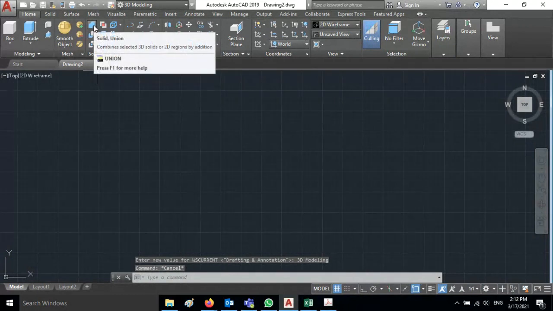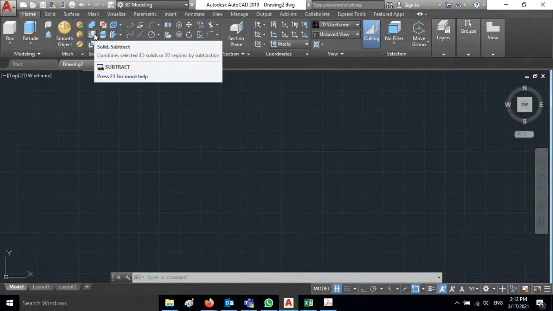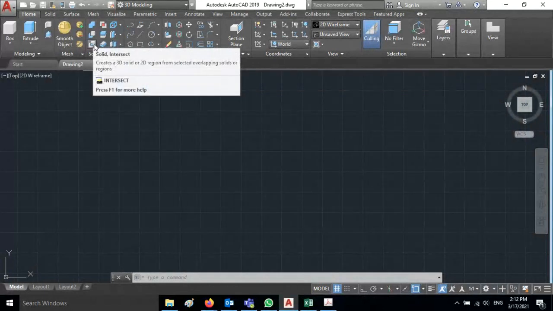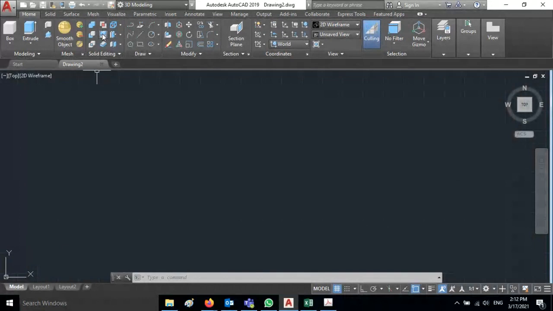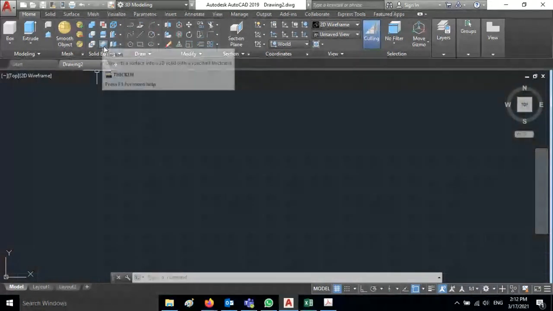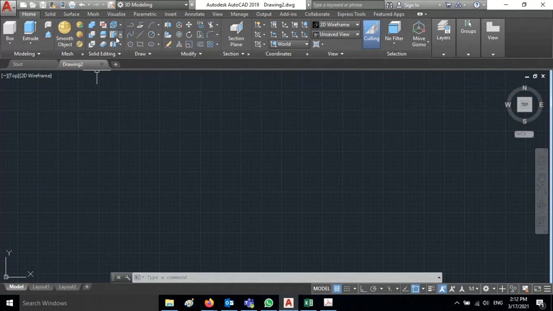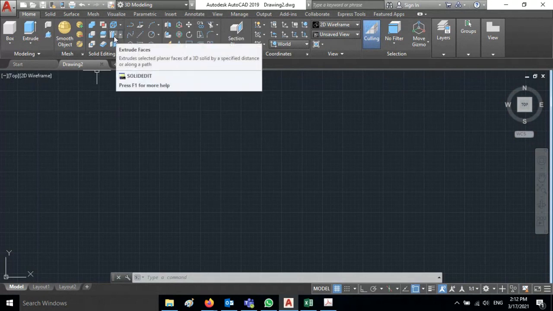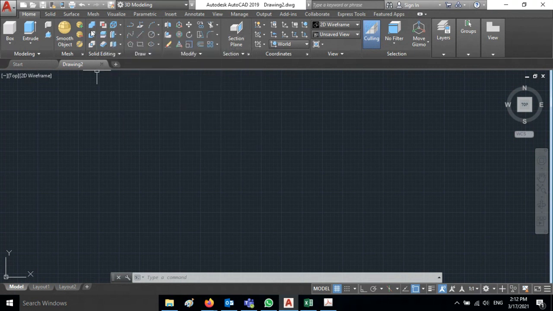You can see here solid union and subtract, solid intersect. Here you have interfere, and you have the slice, the thicken, extract edges, extrude faces, separate. All those different commands you have for editing.